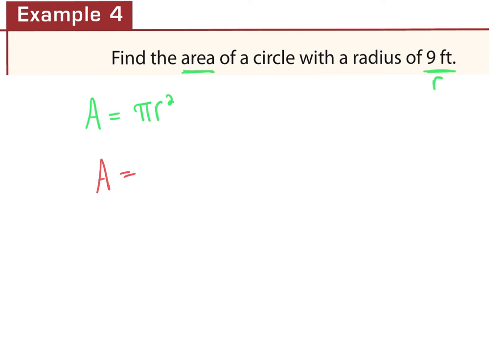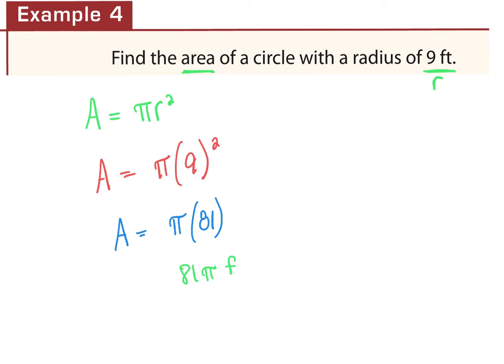So the area is going to be pi. And if I plug in my 9, I'm going to square it. What do I do here? The exponent. What is 9 squared? 81. So if I leave it in terms of pi, I'm going to put my coefficient first, even though pi is not a variable. You still want to put it in front. So my area here is going to be 81 pi. When I do area, I have moved to 2 dimensions. All right? So I technically multiplied 9 feet times 9 feet. All right? Which means I have feet to the 2nd